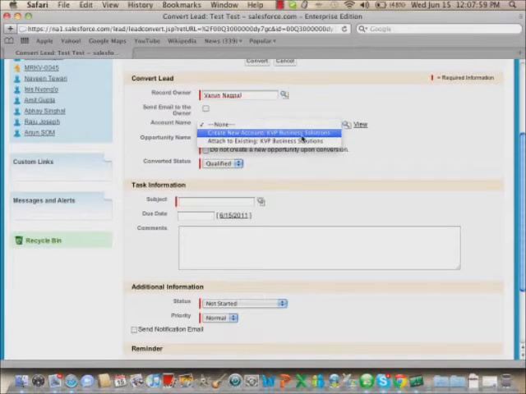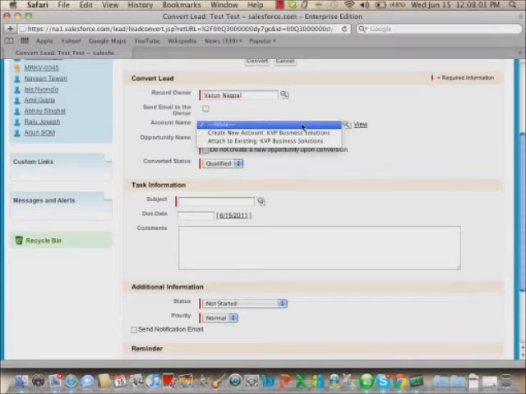So this account name here, what this does is it will show you if there is any KVP business solutions already in your account database or not, so that you don't create duplicate accounts in the system, right? So what it says is there's already KVP business solutions as an account available in the system.